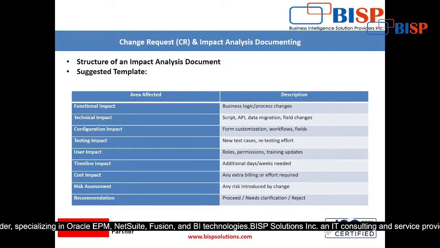Then the second is technical impact. Technical impact like scripts, API, data migration. Suppose it is very easy to say that okay, I am just asking to increase one field only. What's the issue in that? The client stakeholder will talk something like this if you deny, if you say that we will not entertain any changes. He will say like this only, I have made only one change, but that one change will impact